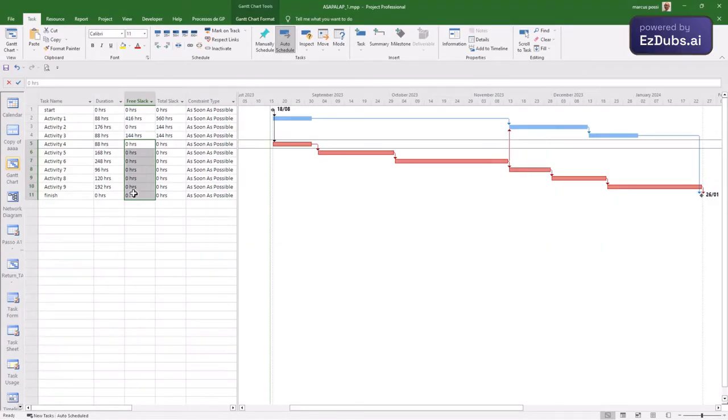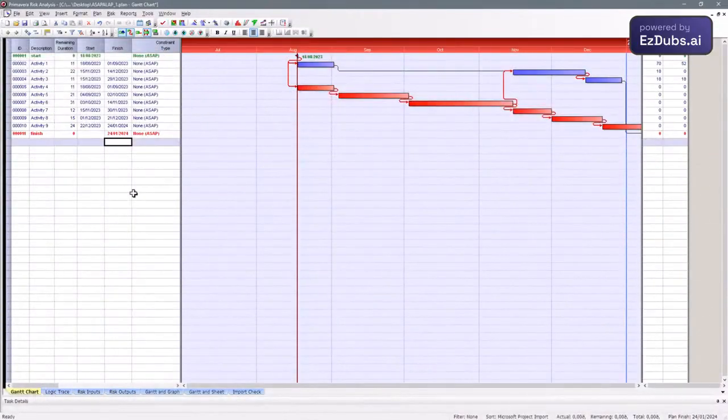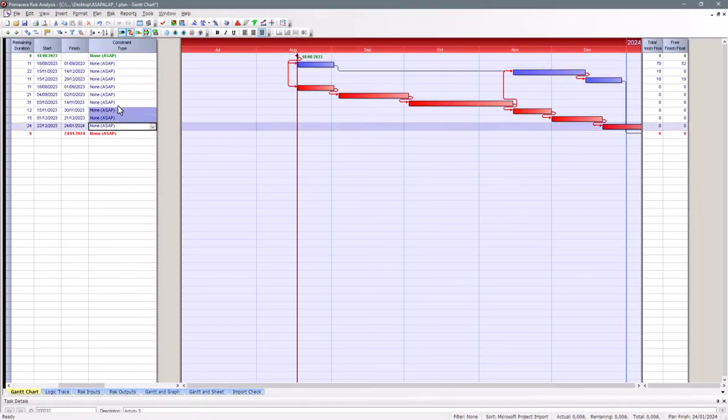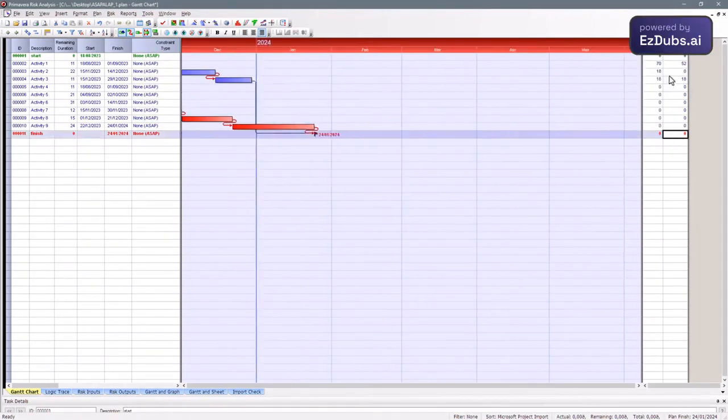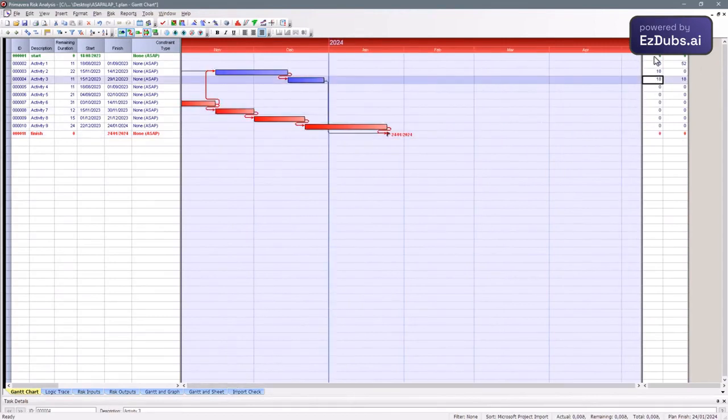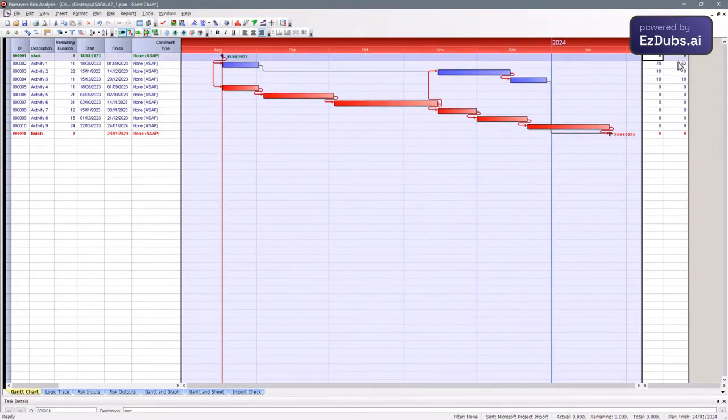So I'm going to show that this planning can be done in another tool. This tool is Primavera Risk, which is Primavera and has a calculation mechanism. And all are as early as possible. We combine it like this. The CPM seeks this brevity, and we see here the slack, on the right side, free slack and total slack. And we checked the critical path with 0 total float, 0 free float. We checked here in days the free float that we had in the MS Project tool, the object of our study.